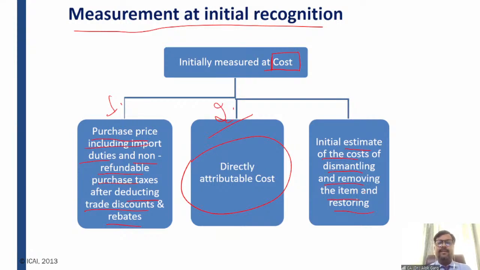So standard says that if there will be some cost which will arise in future, why? Because we are entering into a contract today, because we have installed this asset today, and that is why we will incur some cost in future for the removal or restoration of such assets. In that case, the estimated future cost of this site restoration obligation, asset restoration obligation, has to be added to the cost of the asset, right?